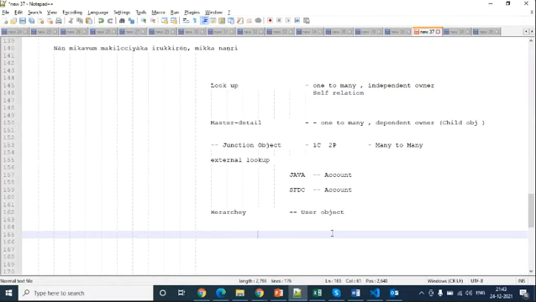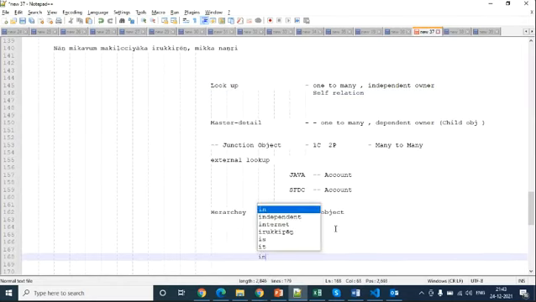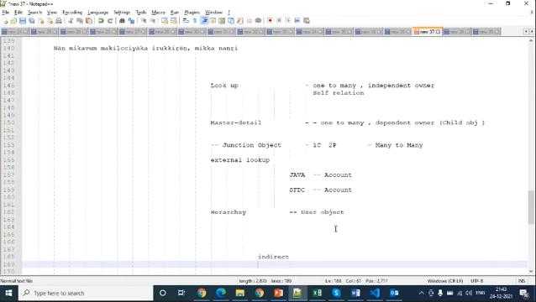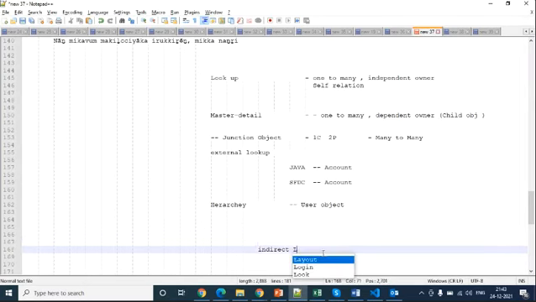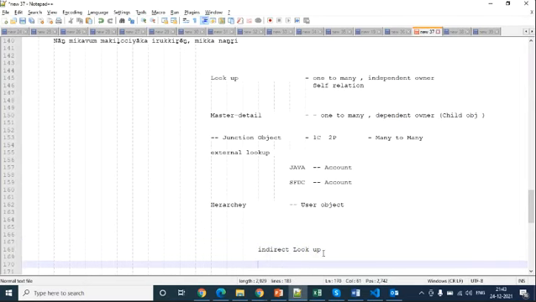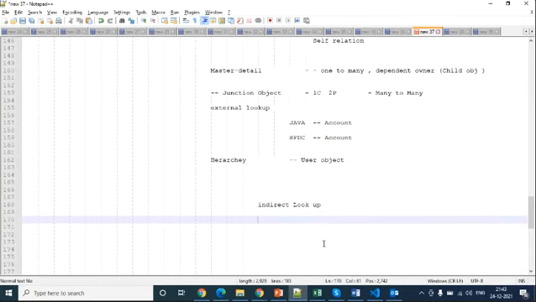Let me try to understand. What is the object relationship name, indirect lookup? What does it do? The external object is the child object, and it links to the parent standard or custom object in Salesforce.